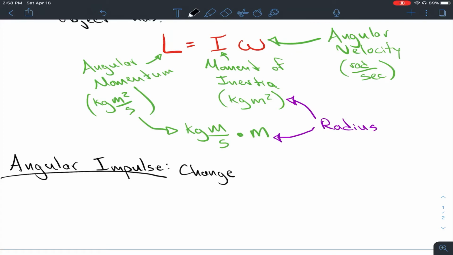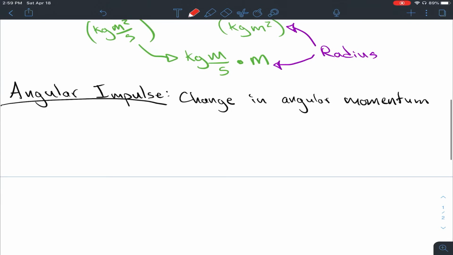Just like normal impulse was a change in normal momentum, angular impulse is a change in angular momentum. And because it's just a change in angular momentum, its units are going to be the same as angular momentum. Let's look at that through the approach of an equation. So our angular impulse, we would just call this our delta L,